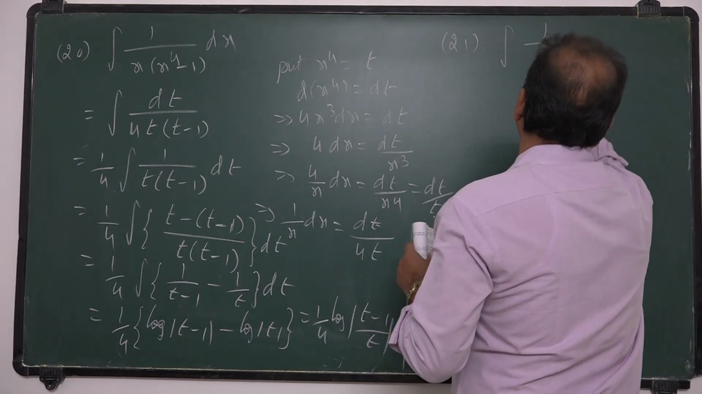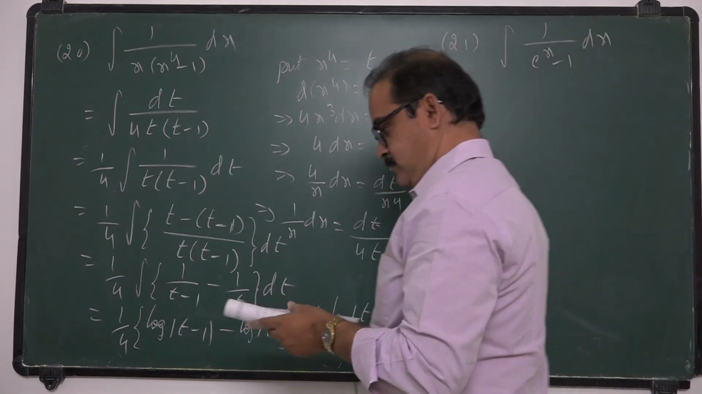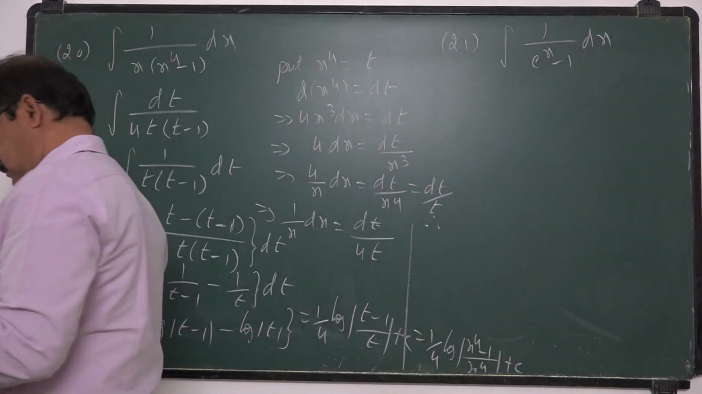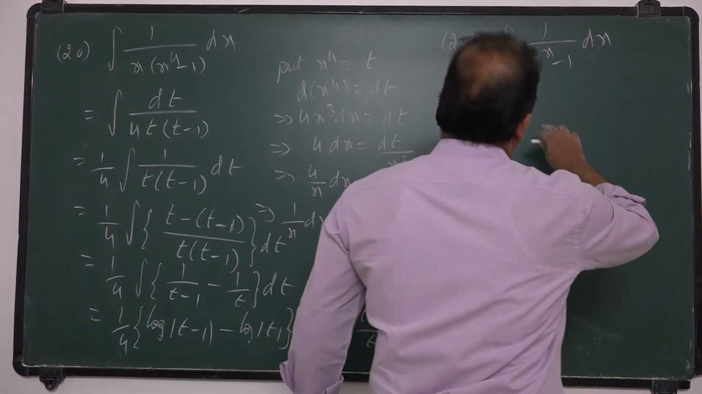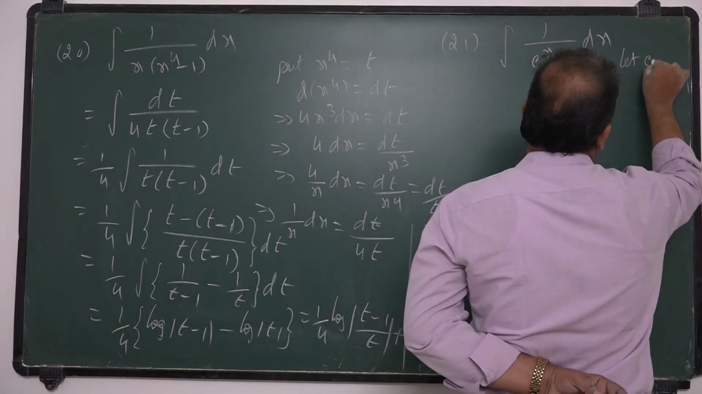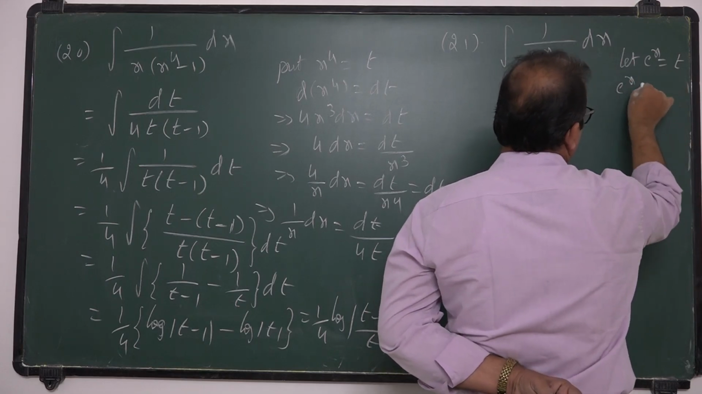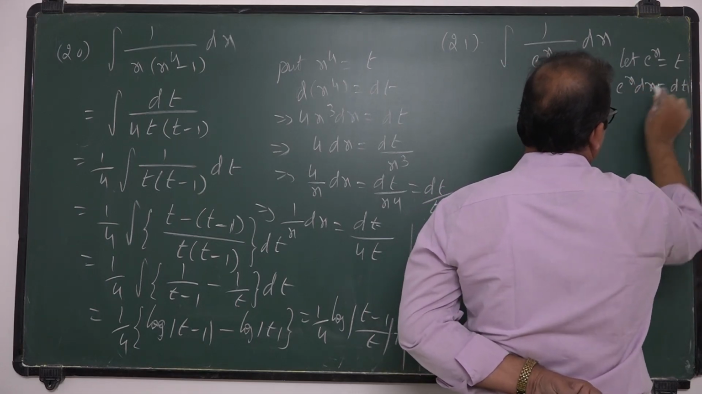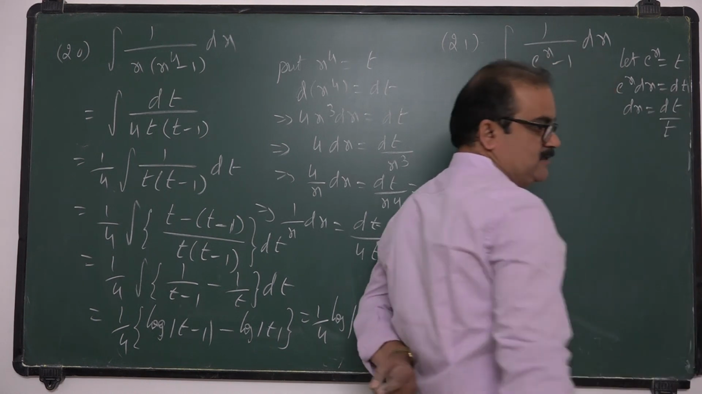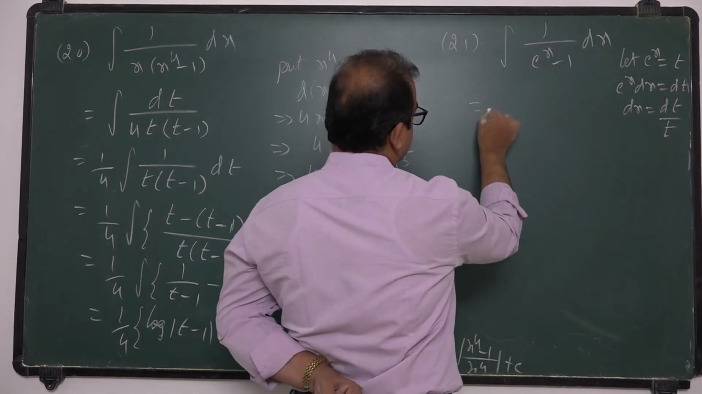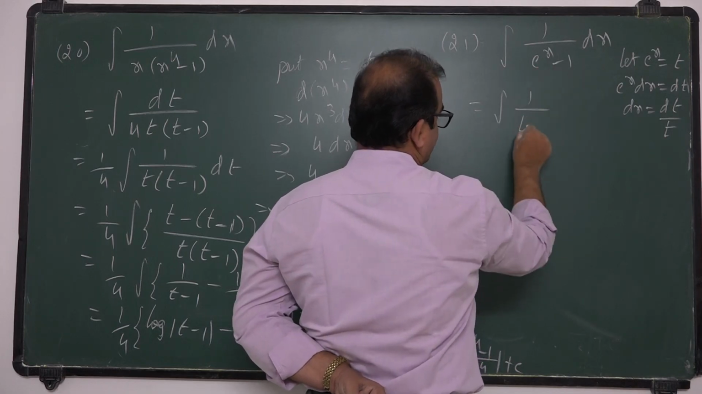Integral of 1 by e power x minus 1 into dx. Here take e power x is equal to t. Taking derivative on both sides, e power x dx is equal to dt, so dx is equal to dt by e power x, but e power x is t. So this problem is integral 1 by e power x minus 1, that is t minus 1,